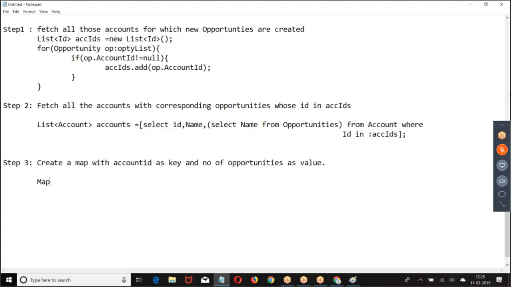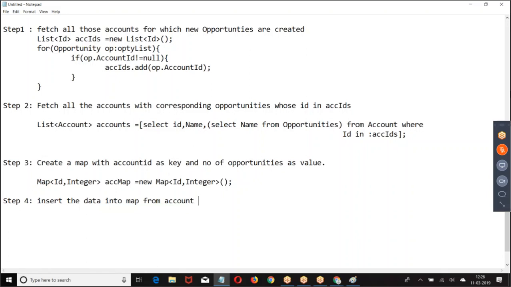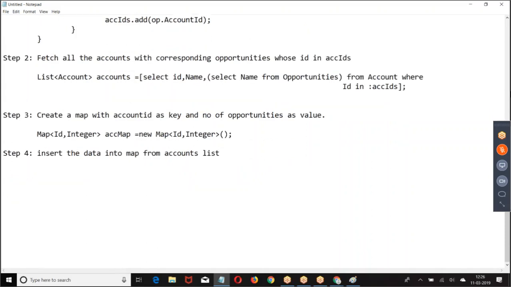Then create a map with account ID as a key and count of number of opportunities. Then take one by one. Step number 4, insert the data into map from accounts list. Take one by one record from the account list, insert the data.